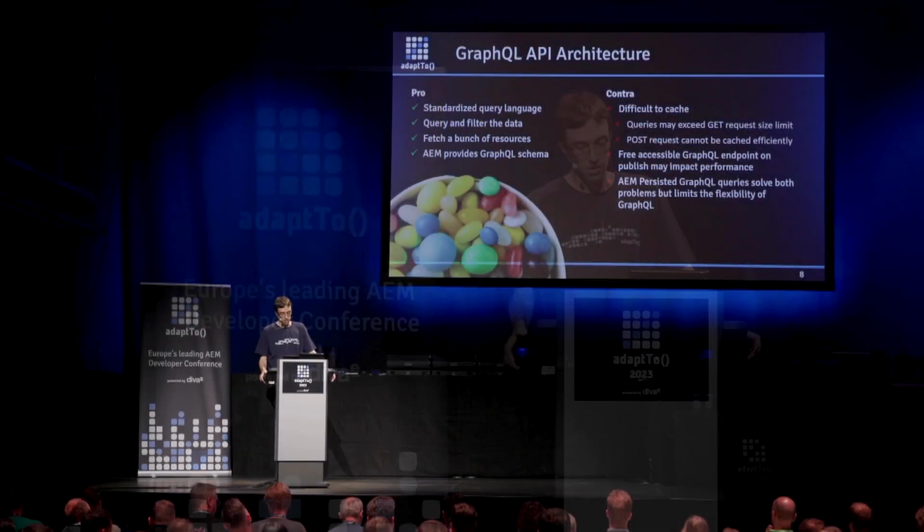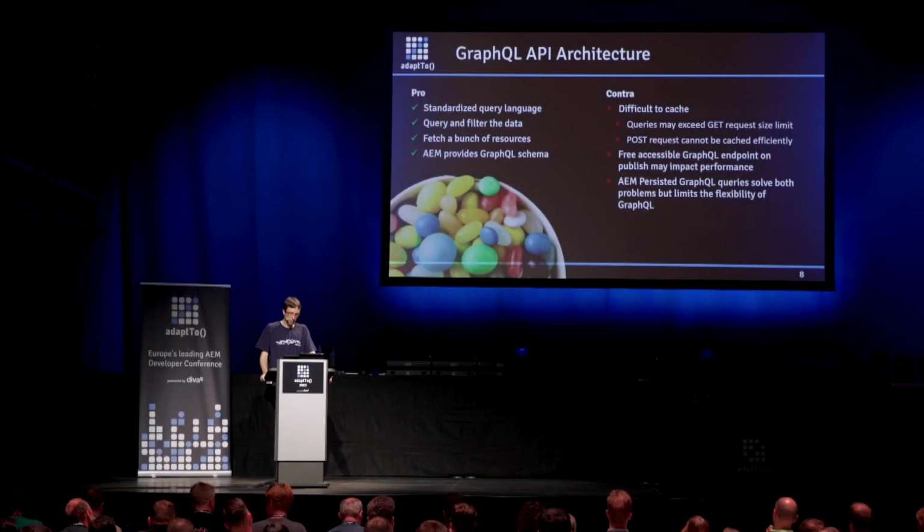But on the other hand, this also limits the flexibility of GraphQL, because the promise of GraphQL was that whatever the clients might need in the future from your data, they just can query it. But using only pre-configured queries, there's more round trips involved to add new queries for new use cases and so on. So, yeah, I'm not really convinced this is the best solution for querying